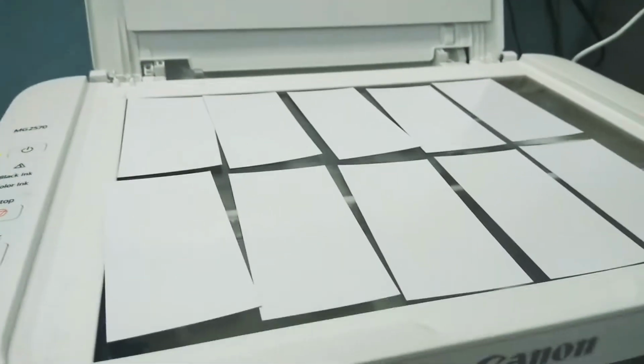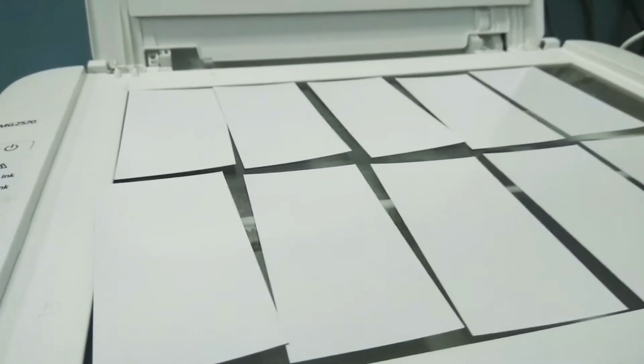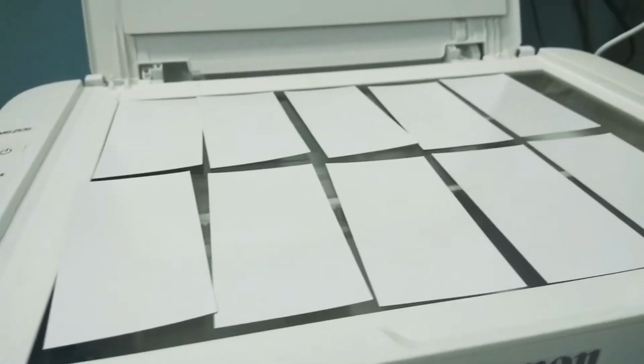the images that are kept on top of the scanner. So how do I remove it? Very easily. So I just take